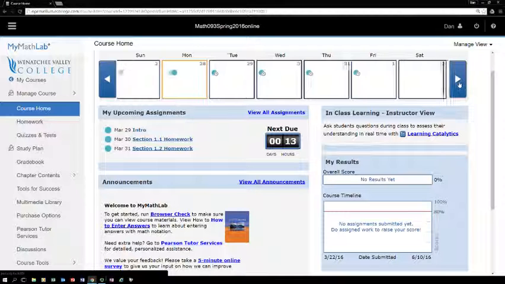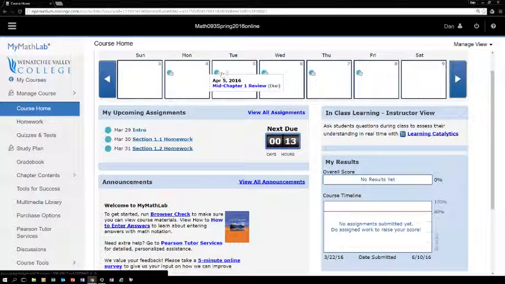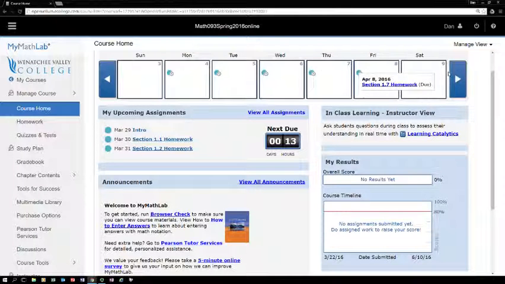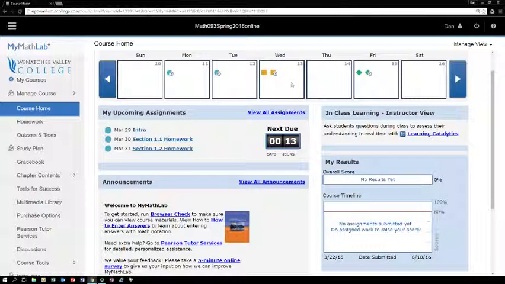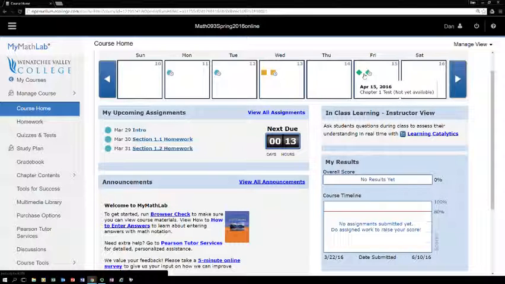So as I scroll ahead in the calendar here, I can see when my homework assignments are due. And then in this case we're going to run upon a quiz. The quizzes are 30% of your grade. These homework assignments are 10% of your grade. I usually allot a couple of days here to work on the quizzes. You get multiple attempts at those quizzes, and the first attempt should definitely show how prepared you are for this chapter test that's coming here, which you can only do one time,